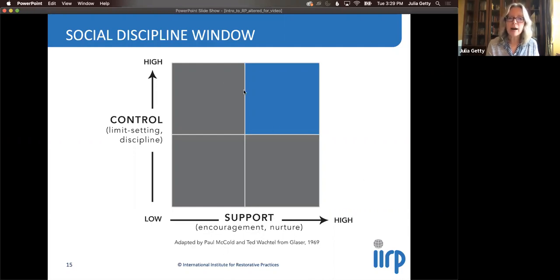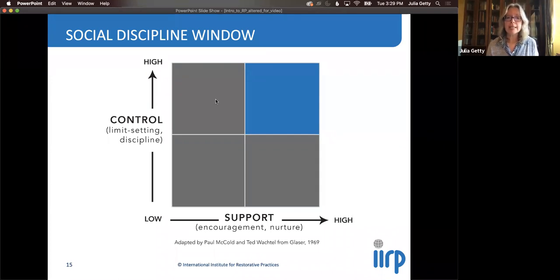So I want to talk about what an authority figure looks like in each of these quadrants. And I'm going to try and give some quick examples that relate to the teaching world. So imagine a teacher in this lower left quadrant who is low on control and low on support. As you can imagine, this would probably be the teacher who is really not paying attention to their class at all. They might have feet up on the desk, magazine open, scrolling through the phone. There's perhaps a lot of chaos in the room. Students know that they can do pretty much whatever they want to do. Certainly no learning is happening in this type of environment.